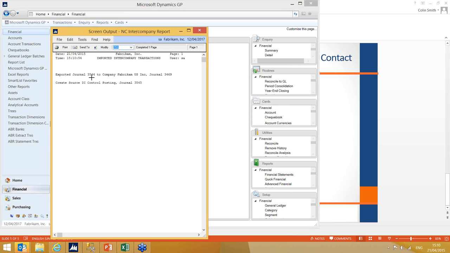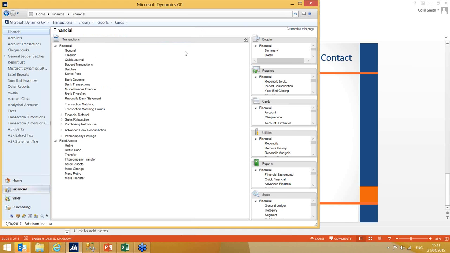So it tells me it's exported journal 3544, which was the journal number I've just entered, to company Fabricam US, and it's created me a journal 3469. I'll be referring to that number when we get across to Fabricam US, so we can see what it looks like on that side. What it's also done is it's created a source intercompany control posting journal number 3545,